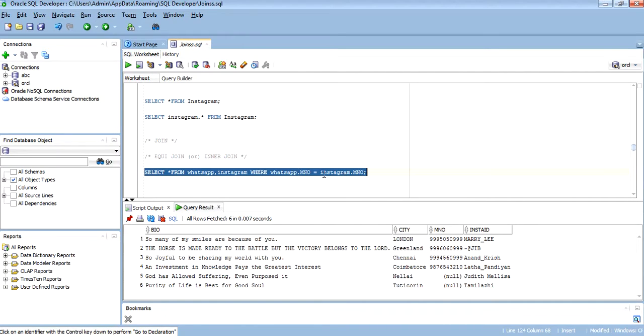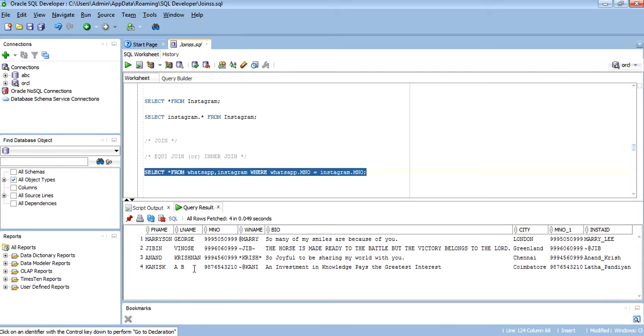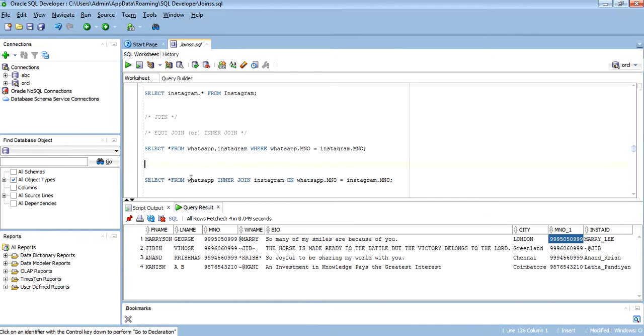By selecting this statement and pressing control enter, we can execute it. We can see the data in the output. The mobile numbers in both relations are the same. Another way is by using the inner join command. By using inner join we can also execute. The result is the same but the query is different.